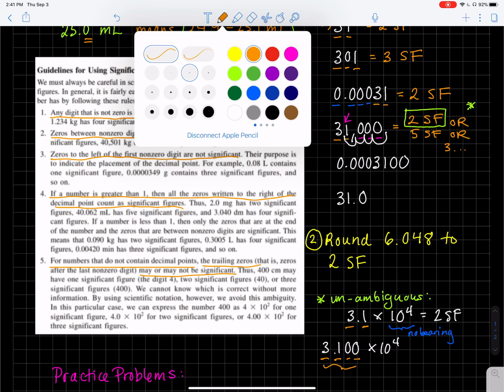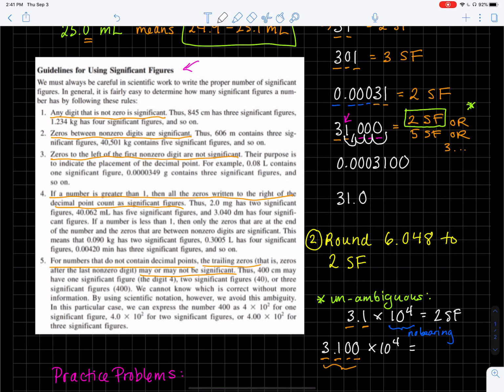So this one here, if I wrote it this way, this would be 4 sig figs. So these are two ways to express different sig figs for this number 31,000, which is by itself kind of ambiguous. Anyway, so I wouldn't worry a lot about the ambiguous ones. We'll run into those some, and I'll call them out where they are. But I will accept any answer basically for those. All right, moving on to the next one,